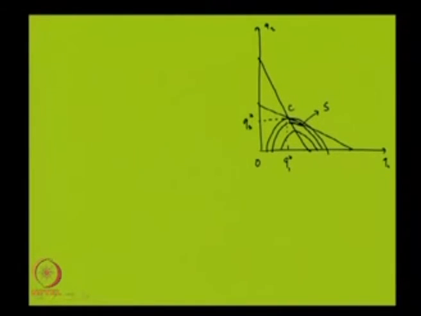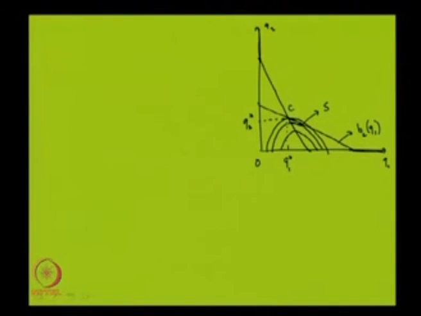What is the characteristic of this point? This is the B2 of Q1 line, the best response function of firm 2 with respect to different values of Q1, right, this line, and then we have this horizontal portion, and this vertical portion, and this downward sloping is the B1 line. The characteristic of S is that at S, a particular isoprofit curve of firm 1 has a tangency point with B2.